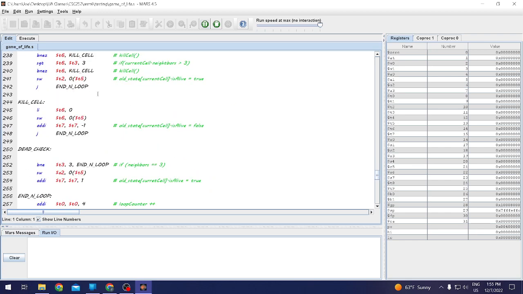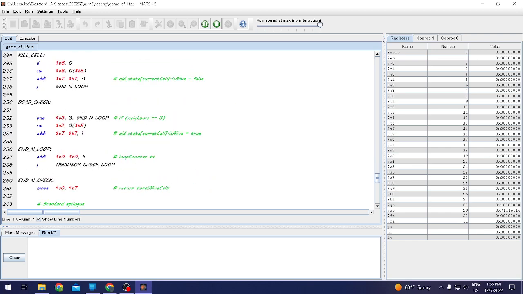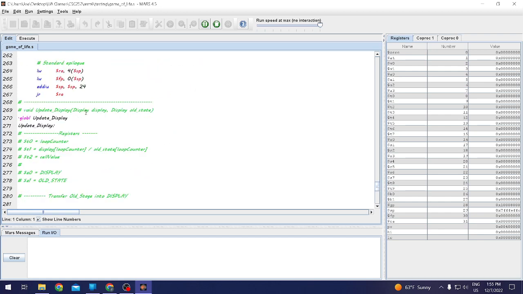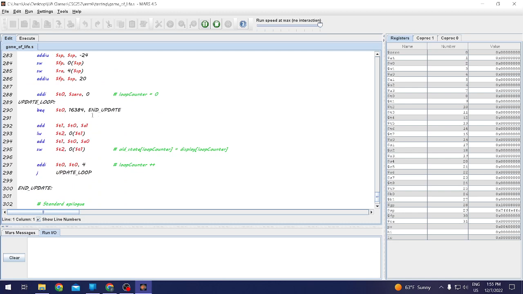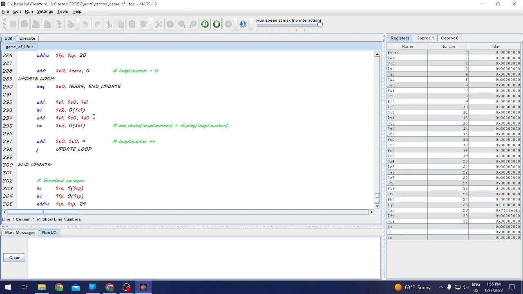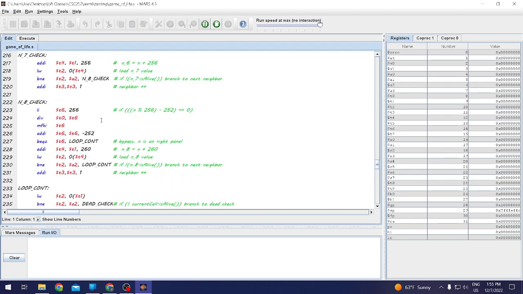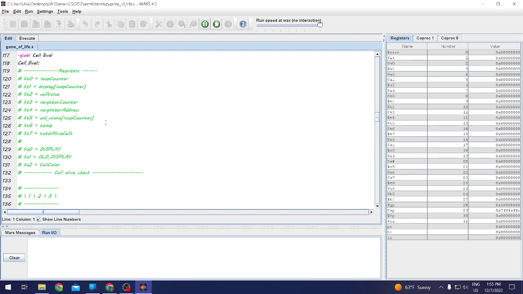When we come down, this is the logic that will decide whether a cell is dead or alive for the next cycle. And then in the update display, this method is probably the simplest, where it just loops through the entire old display, updates the old state to the new state, and then displays it onto the screen when it returns back to main. That is the Game of Life